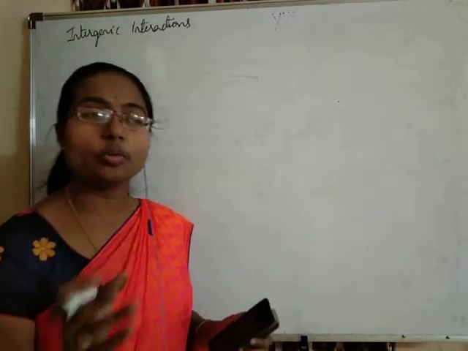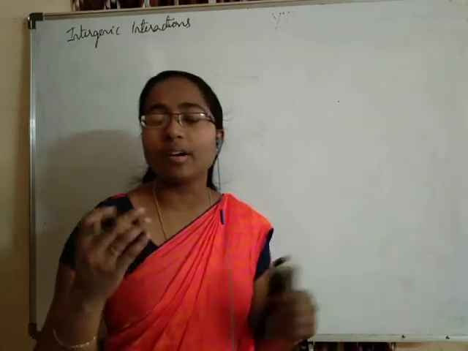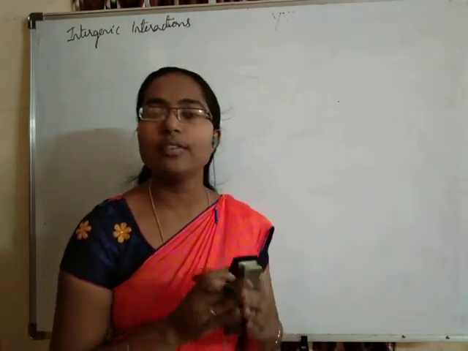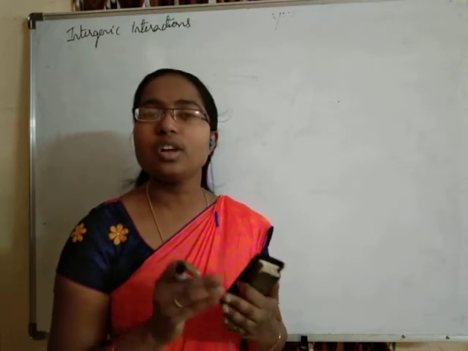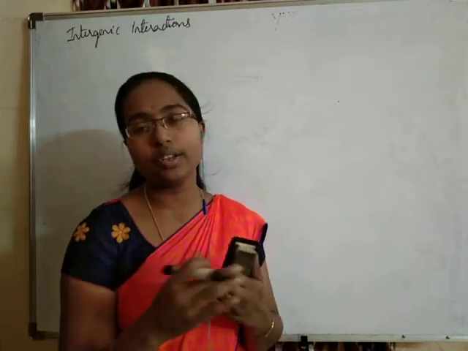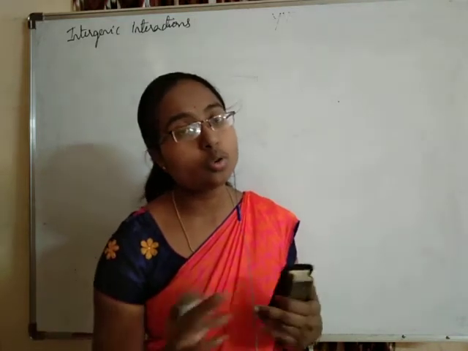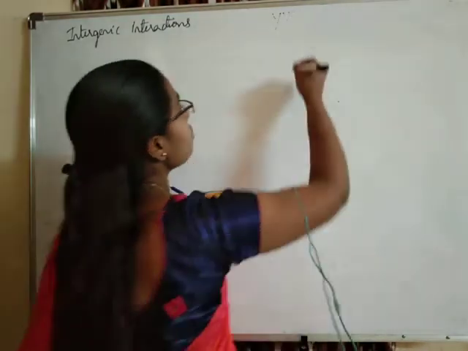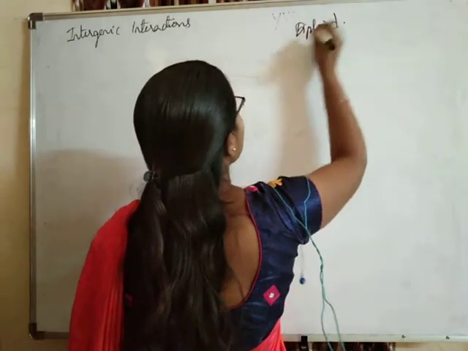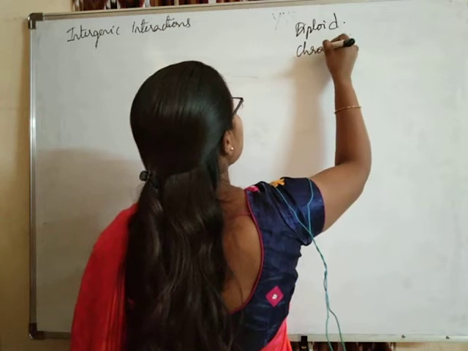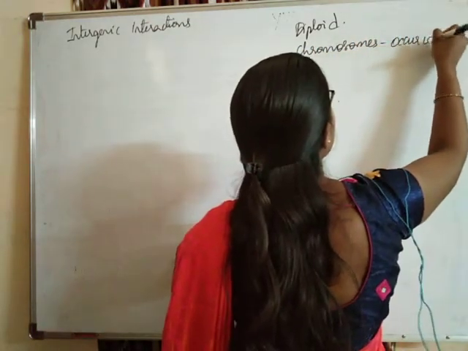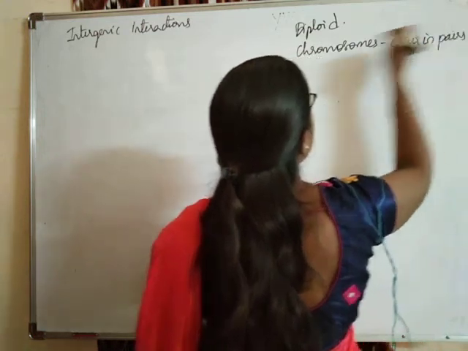They have 2 sets of chromosomes. That means the 2 chromosomes are the same. They may have however many chromosomes, every chromosome will have its pair. So every chromosome will occur in pairs. So every gene will have the same type of gene on the other chromosome also. Having 2 sets of chromosomes is nothing but diploid. In a diploid condition, chromosomes occur in pairs.